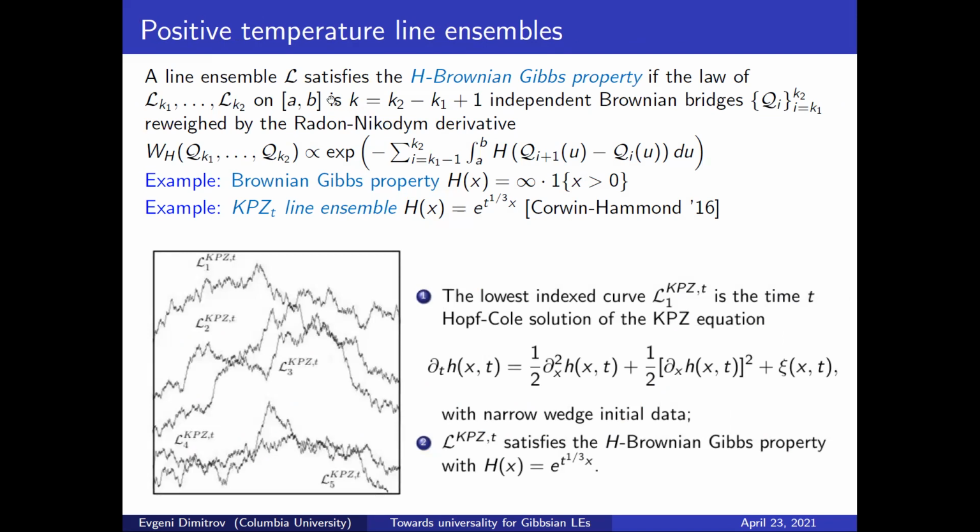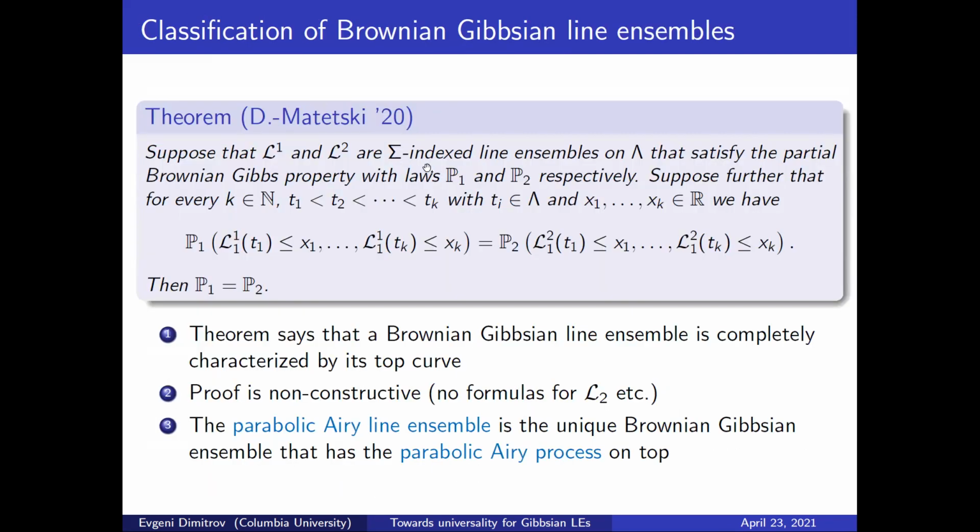Wait, can I ask a question before you go on? Sure. When you said the top one here, I just got confused. Is that like the fixed one, the free one that you're not allowed to condition on? The one that is fixed is the bottom one. The base of the bed is the fixed one. The one on the top is the fluctuating one. Okay. That one is conditionally Brownian given the bottom. Yeah. Okay. You need at least one of them to be Brownian, and you start from the top and work your way down. That's how it works. Right. Any other questions?